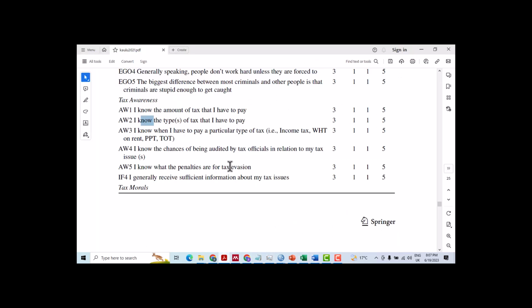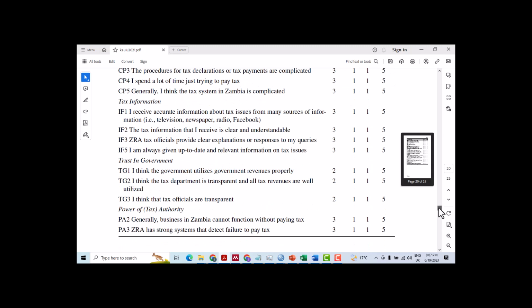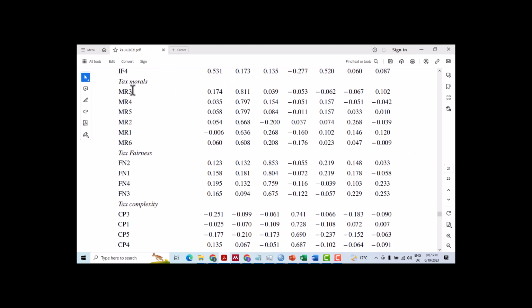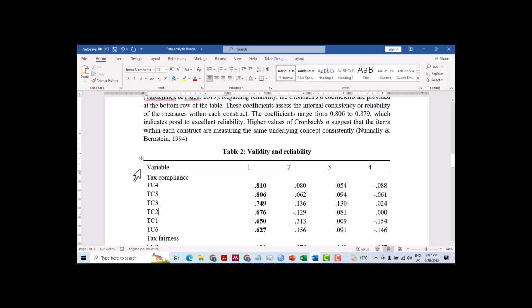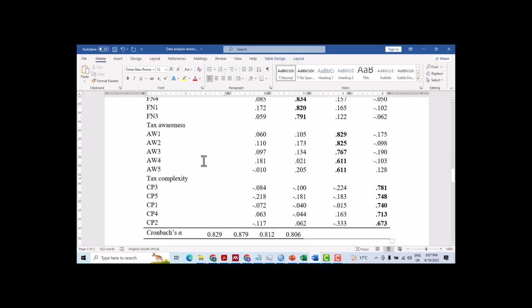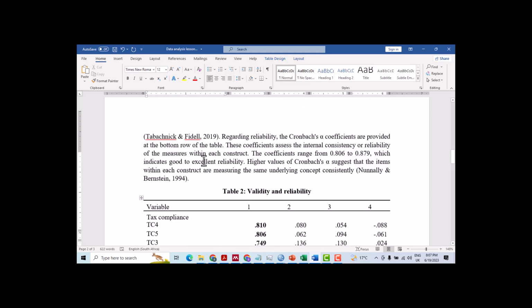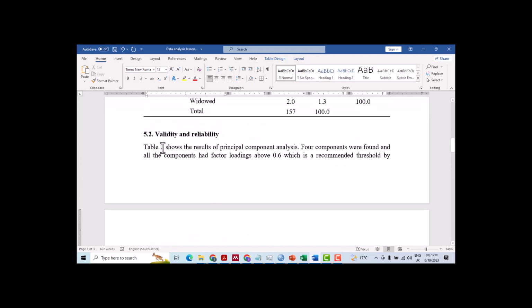And then by the time we were summarizing that, people already understood what each of those were. So when you come here, there you are, and the table looks really nice. Then you can describe the results and say Table 2 shows the results of principal component analysis. 4 components were found